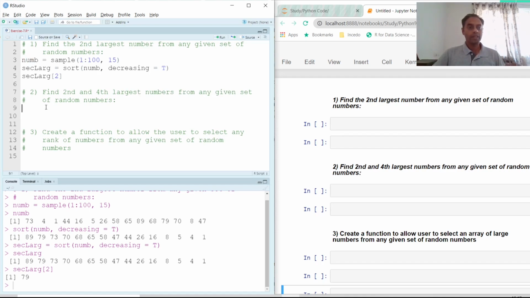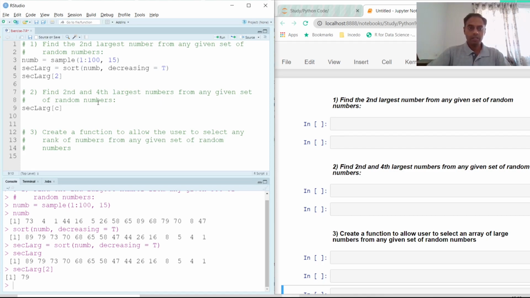So if you have to extract the second and the fourth largest number, all that we need to do here is, since we already have this variable sorted, in the square bracket here we just passed one number. So it was like an indexing. Now here also we are going to do indexing, but it is multi-indexing.